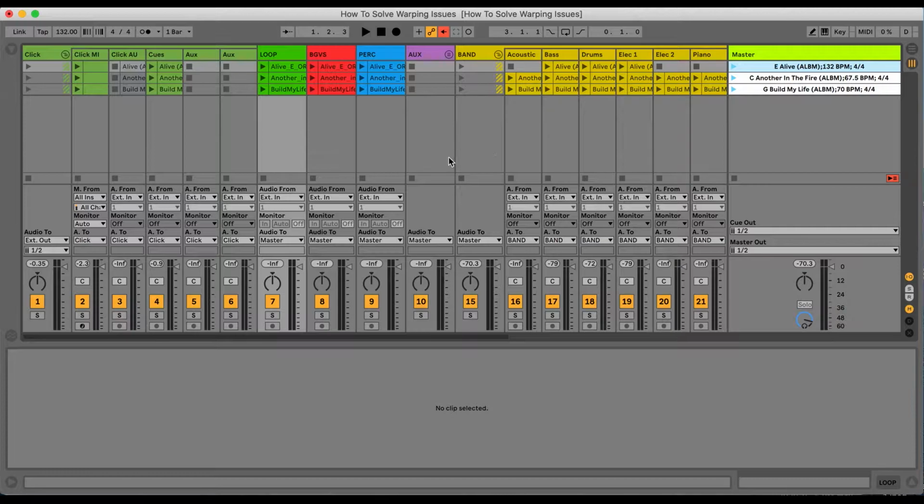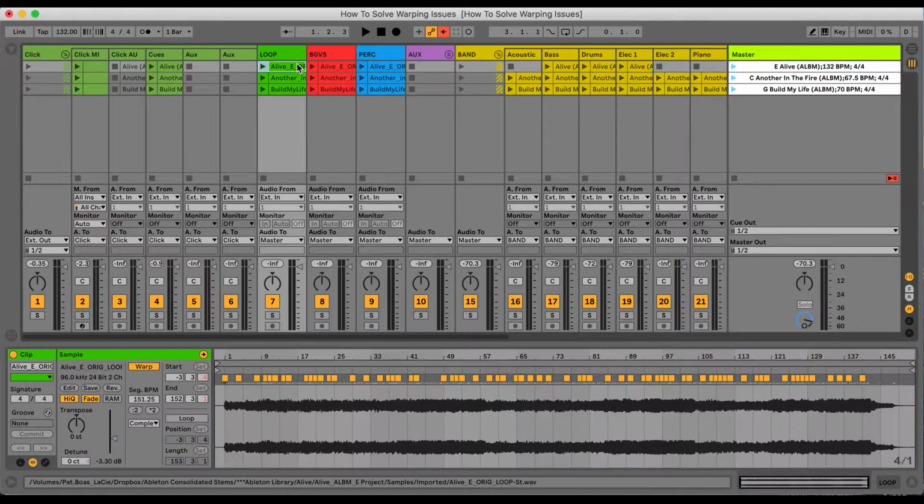Solve warping issues. If you haven't already seen our video on how to warp, please go and watch it. This video will help you solve any issues that you are currently experiencing. We have a live here as an example. We're going to go to our loop channel, double click on a live loop, and come down to this menu